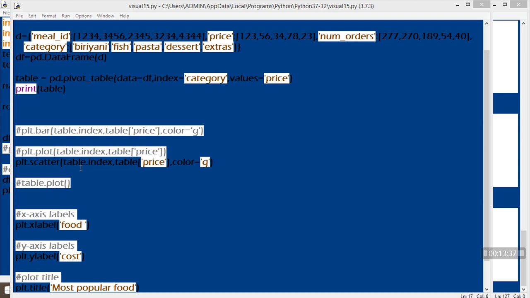Second, you can plot using PyPlot itself, plt.bar or plt.plot or plt.scatter, where you can specify your index depending upon what index you want from a data frame or from a pivoting option, and categorize it properly.